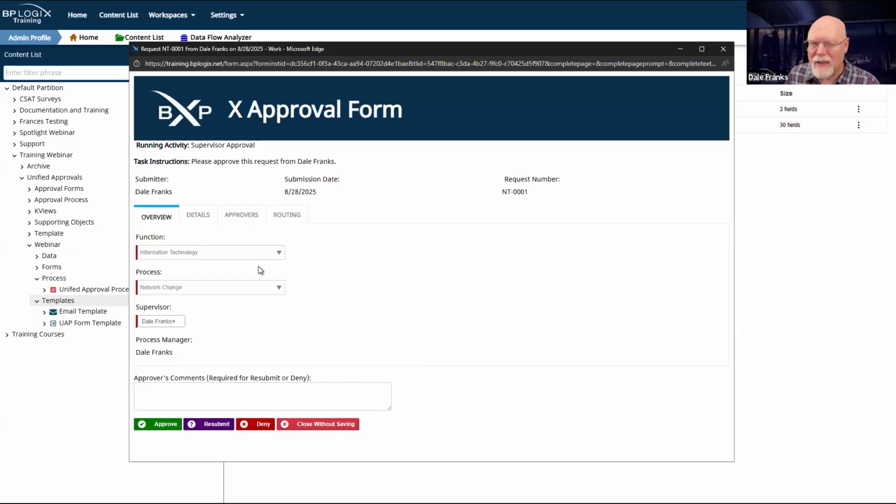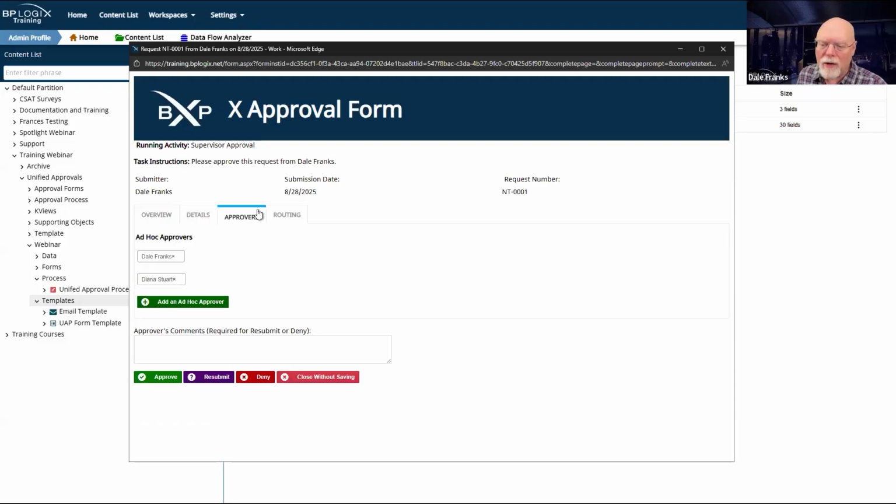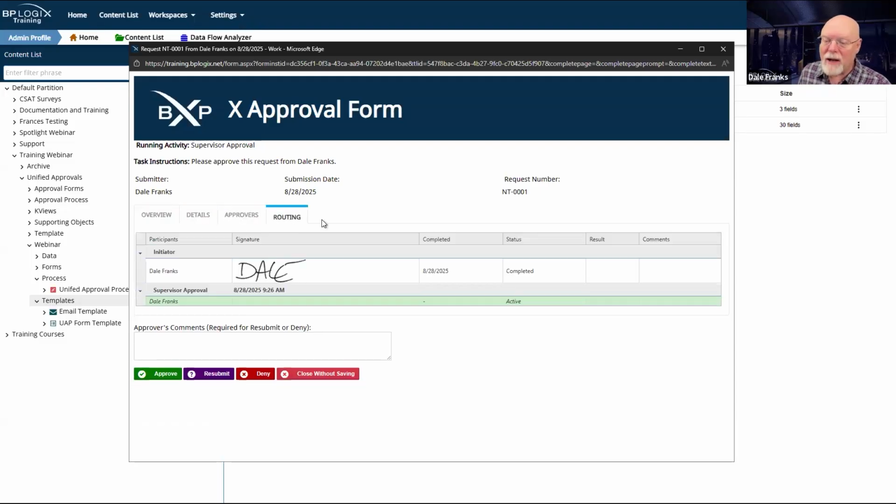And I wouldn't set that up until after I was done with my testing, because I might want to do different things to play around with this during my testing to see what happens. But for now, we're happy. We have our details. We have our approvers, and now we have an actual routing slip. There's really no reason for us to look at these other fields because we're not going to change them. So at this point, we're just going to stay on the routing slip. So let's go through the process and be sure that it works.